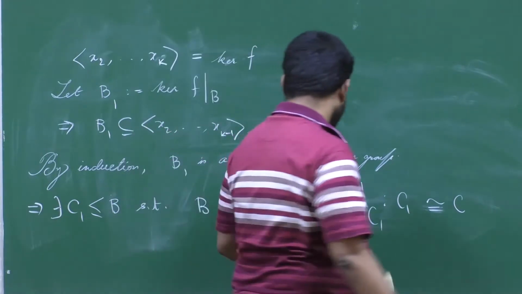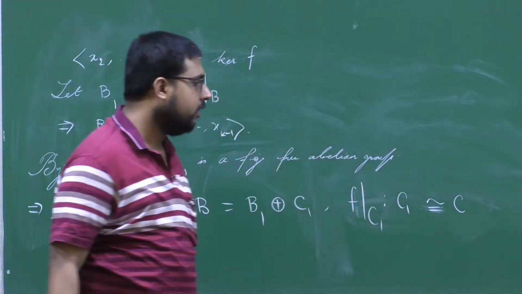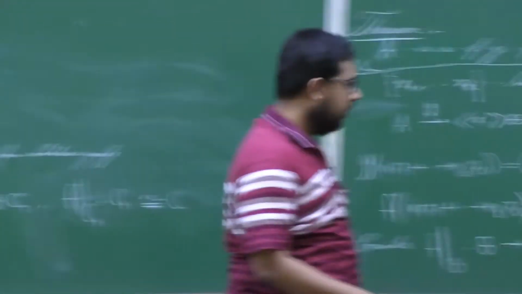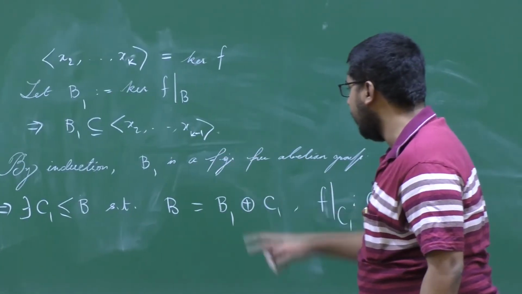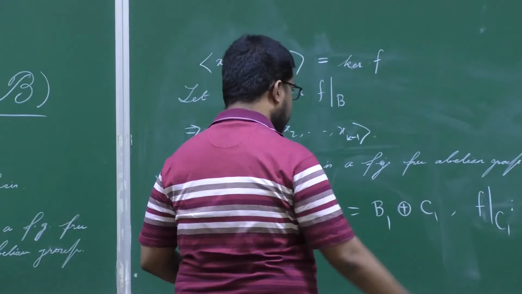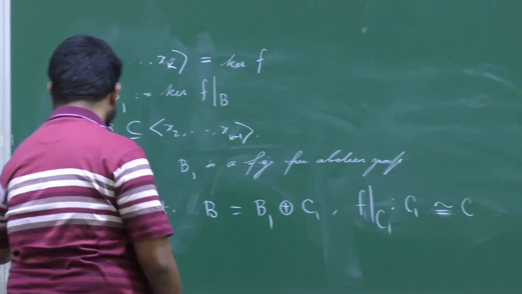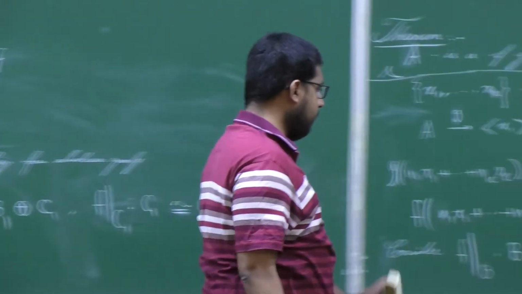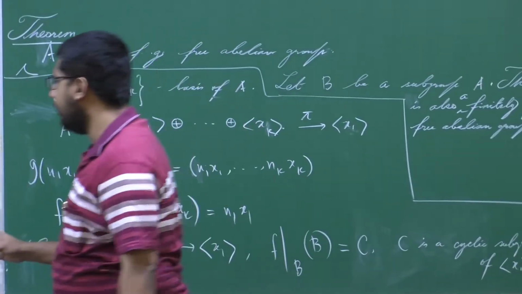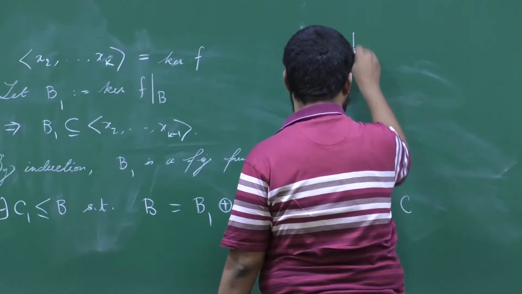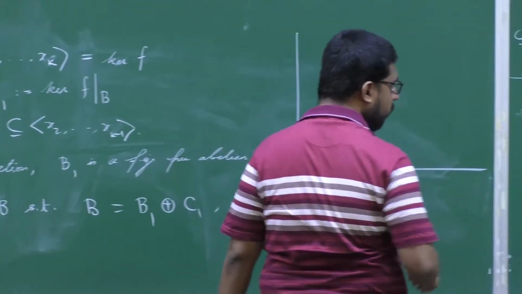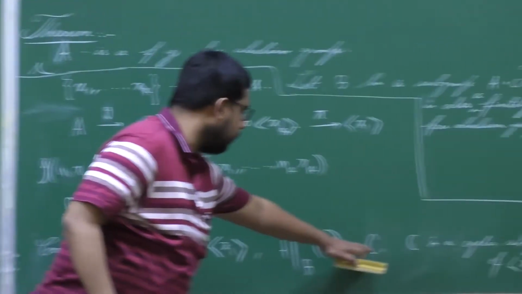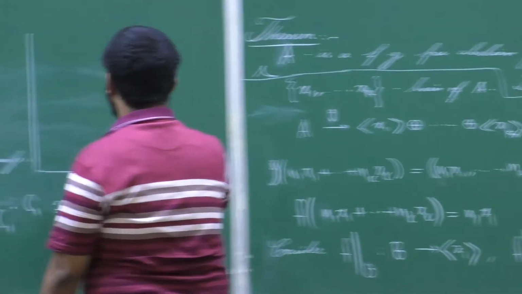Now what are the possibilities for C1? I think here we have to be slightly careful. The division of the case is to be done before we come to this. I will just modify. So let me do it in this way. B1 is a finitely generated free abelian group. Now consider two cases. If C is trivial,